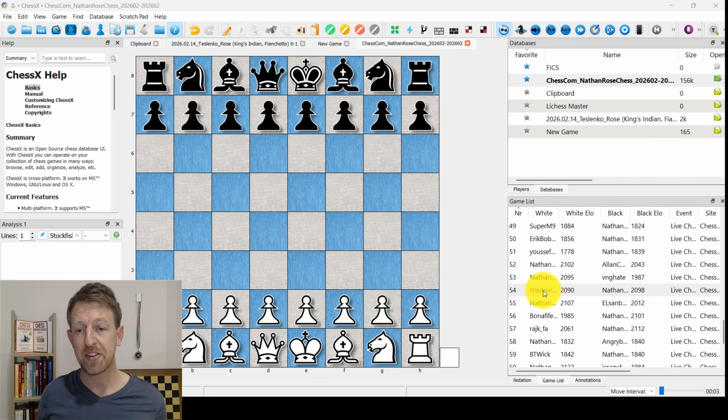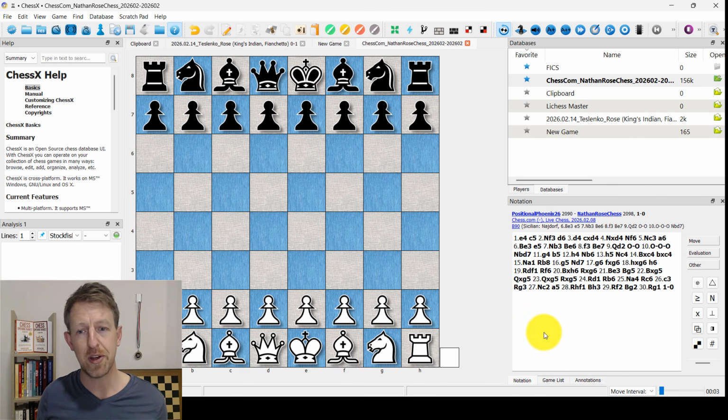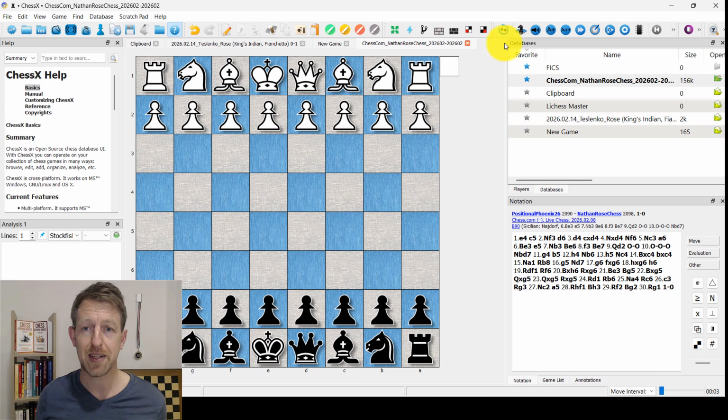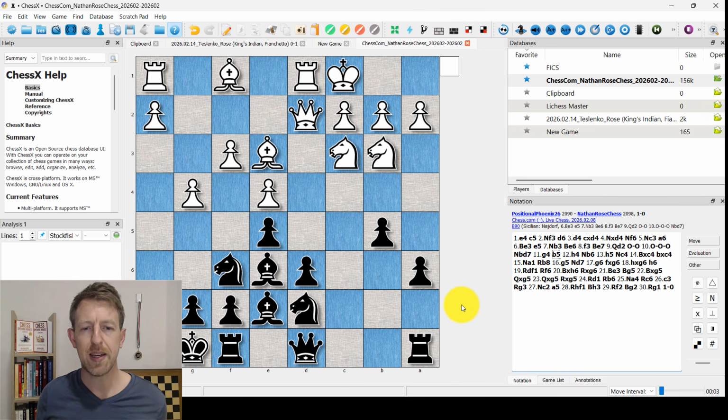So I'm going to select this game to illustrate a few more of ChessX's features. So let's head back over to the notation view to see all the moves of the game. And I'm also going to flip the board here since I had black in this game. So let's fast forward to this moment here, and we can select one of these colorful buttons to draw highlights